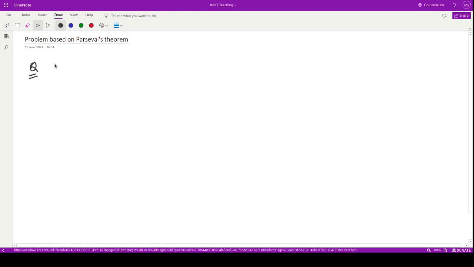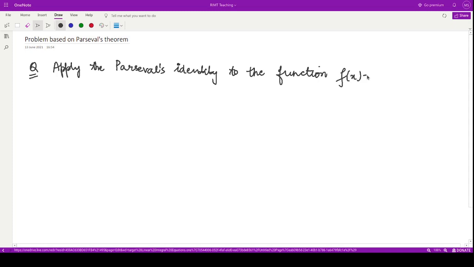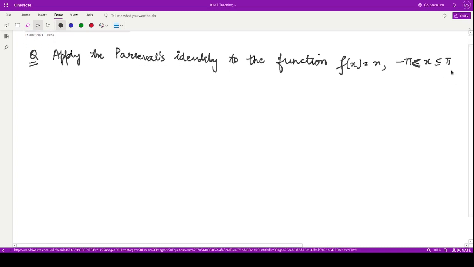The question says you are to apply the Parseval's identity to the given function f of x is equal to x in the interval minus pi to pi. This is given to be the closed interval, right? Closed from the right hand side and open at the left hand side. Why? Because this is a periodic function, and you are to deduce that